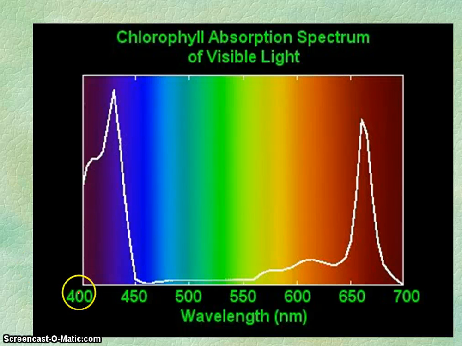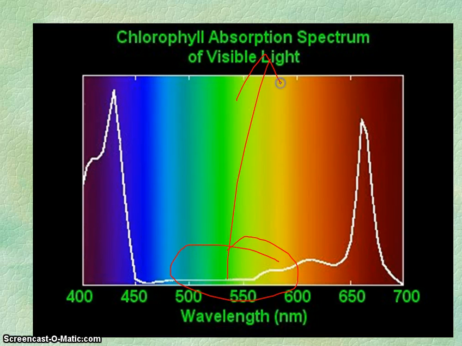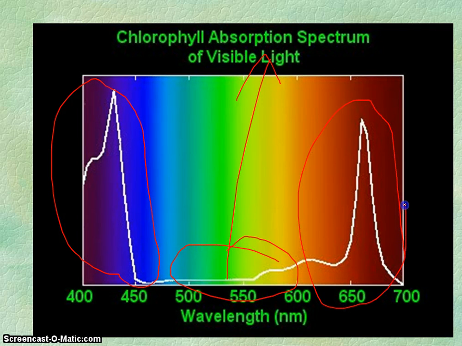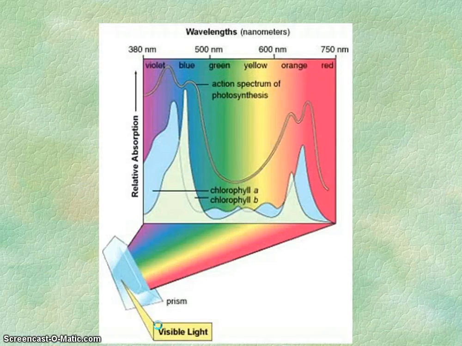And this is just showing you the wavelengths corresponding to the light. In the green area, this is where the light is reflected, and that's why we see the chlorophyll as green. And this is where absorption is taking place. So this is excellent absorbance for photosynthesis, and so is this. So those wavelengths are important for photosynthesis.